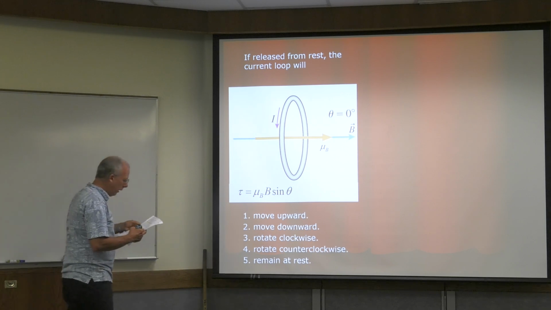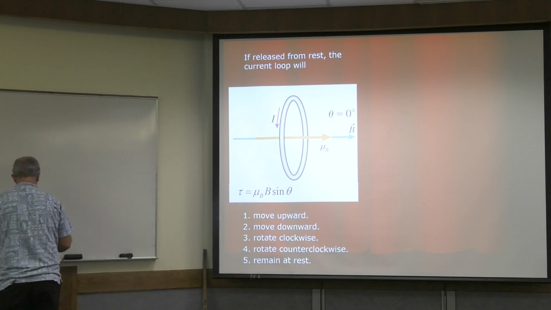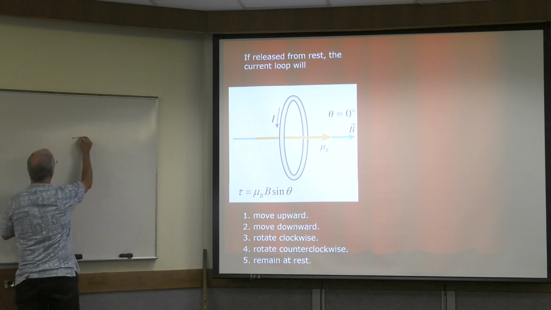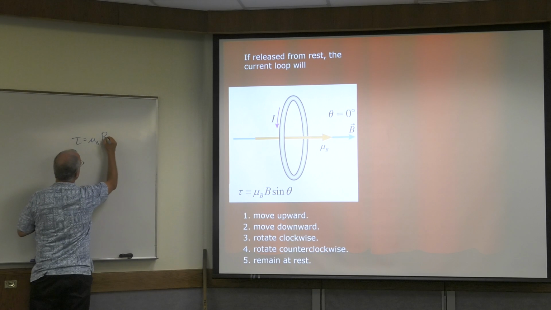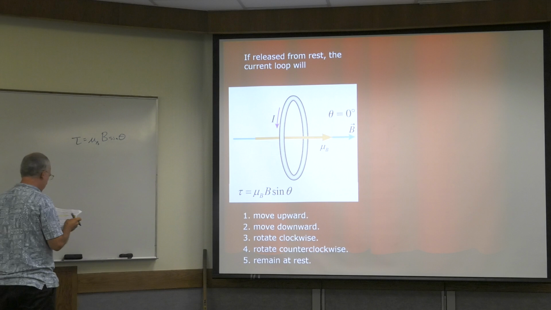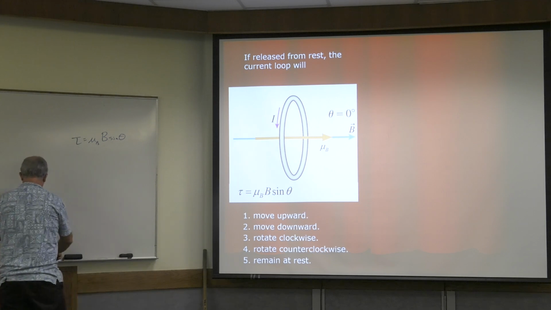Here is our equation, right? This is the equation we just figured out. And this is going to be our magic equation, right? So the torque equals mu B sine theta. Okay? All right. So